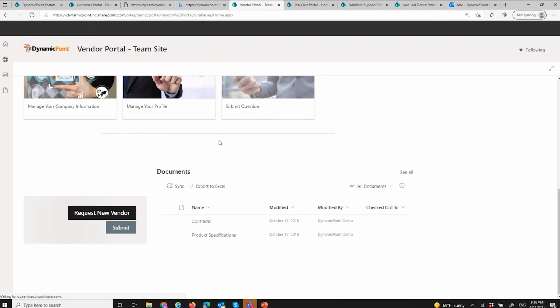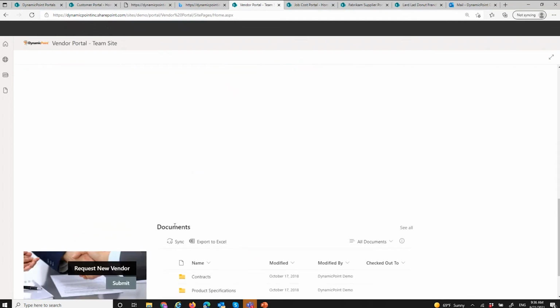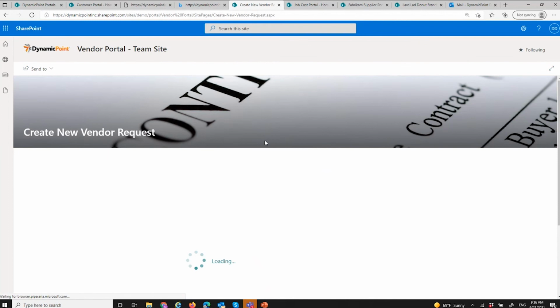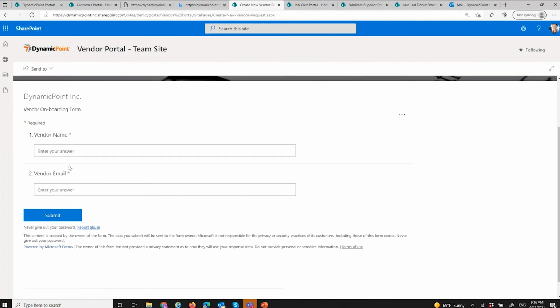We'll go to this portal and we're going to click down here. I have this request new vendor. So this would be something that an admin would be doing. And on this request for the new vendor, I'm going to put in some basic information. As you can see, this is using Microsoft Forms. So whatever information I want to capture on this request is pretty much up to me. But in this case, I'm just going to put in the name and the email, and I'm going to use my email. So I received this notification and we could see it.